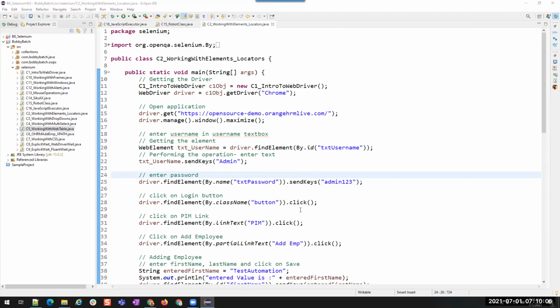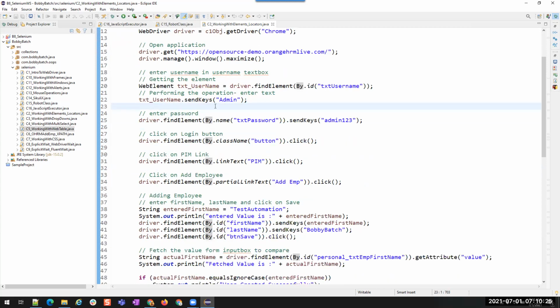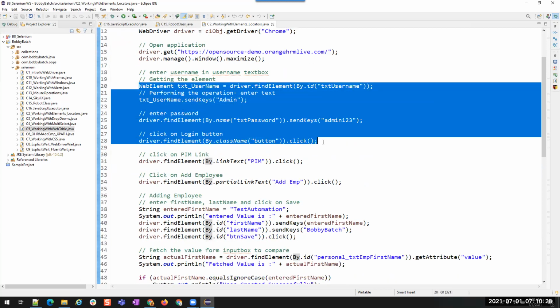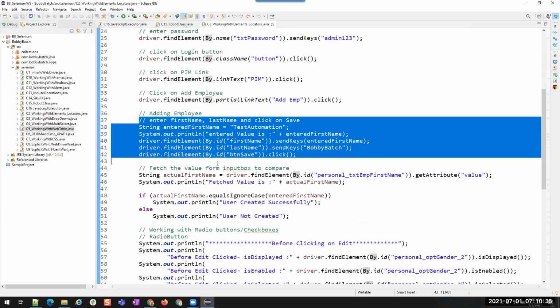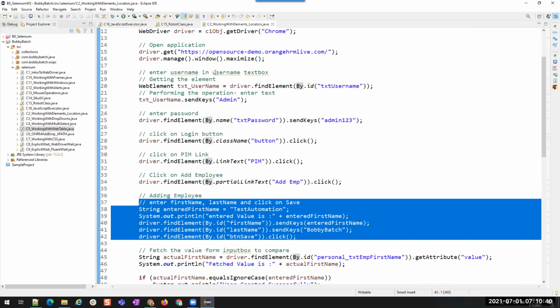So that is the reason we have a concept called page object model or page factory model. What we do as part of this page object model is we split or divide the operations and the element locators. Also if you observe here, we have the elements of login. We are performing the operations of the login page and the operations of the home page, and also the operations of the add employee page. So everything we are writing in a single page, single class.